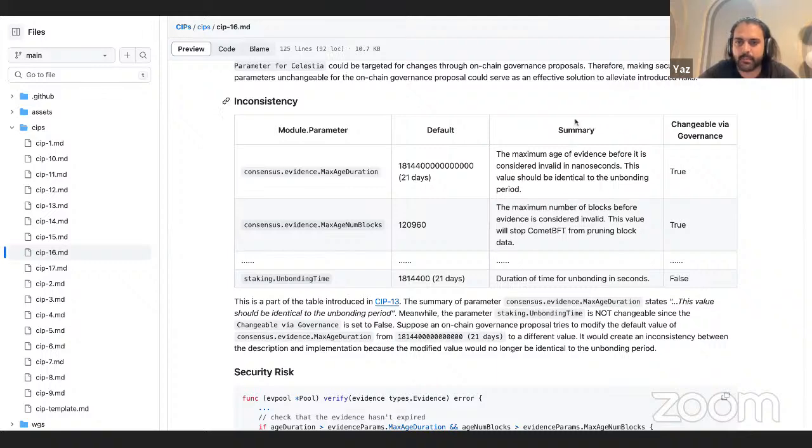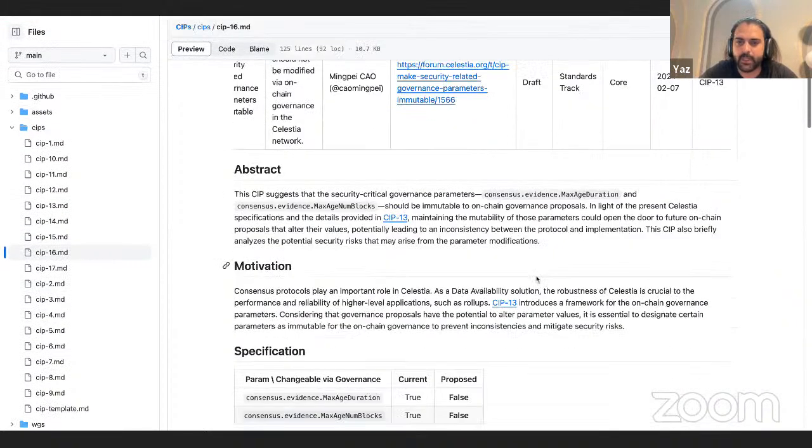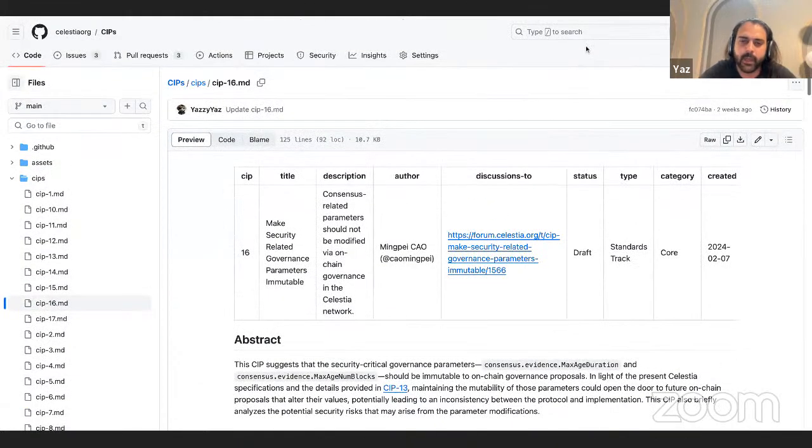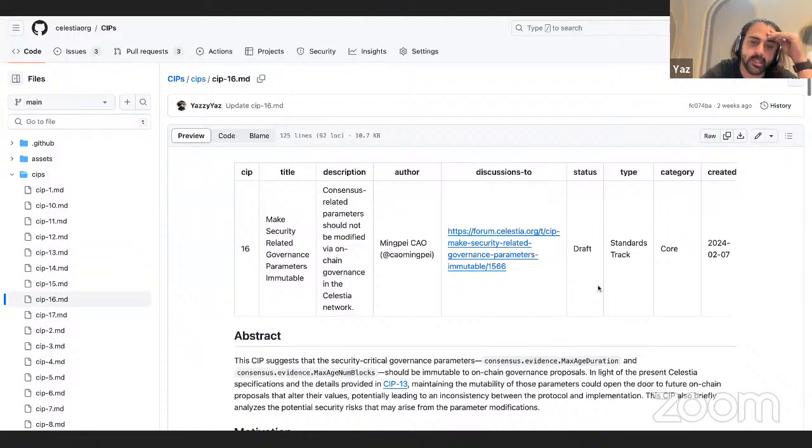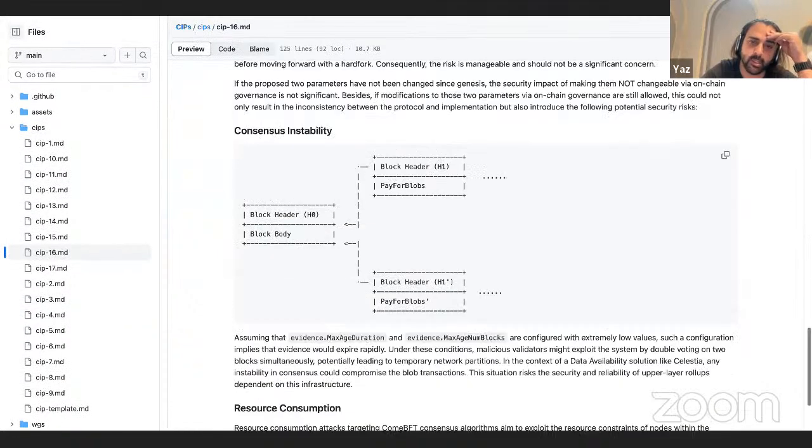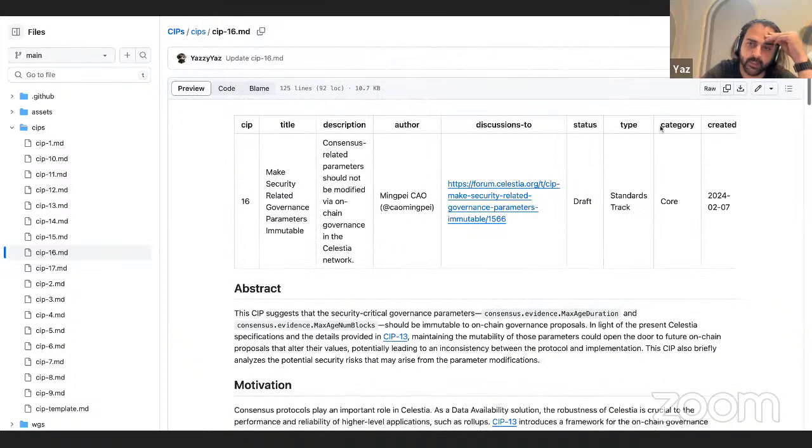I guess for next steps here, given that it's still in draft, Mingpei, maybe you can update it to review status, because I think the general feedback has been that it's very well written. And maybe in 2 weeks' time, we'll determine if it's something the core devs would want to implement, whether it's part of the lemongrass hard fork or a future hard fork. But I'm kind of curious, what would be the timeline, Evan, or Callum, realistically speaking, on implementation of this proposal, if it gets rough consensus?